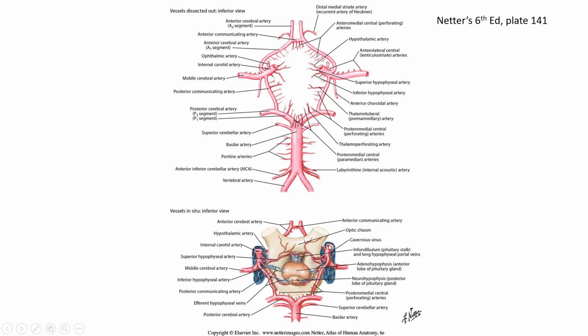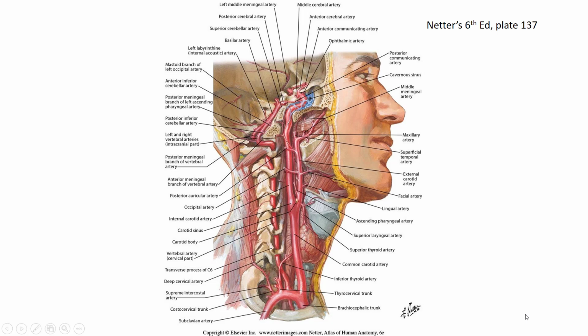And the cavernous sinus is a venous structure. It is part of the drainage for the brain, the venous drainage, and we will be looking at that in the next lecture. This is a lateral view from the patient's right side, where we're seeing the brachiocephalic trunk here,